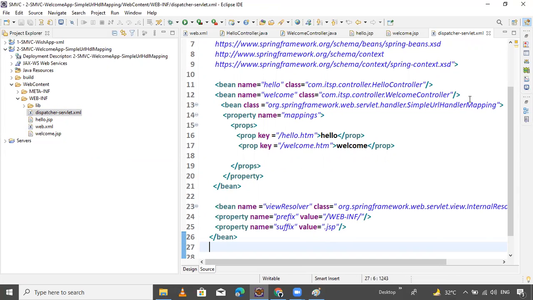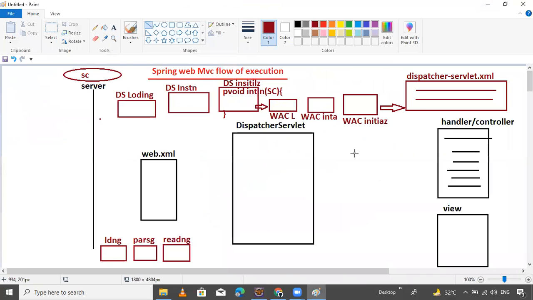How many controllers, handler mappings, and resolvers are there? Resolvers exist. Then this will create an object of the configuration file, creating objects of the respective configuration beans.